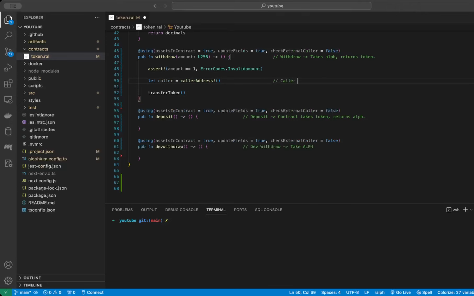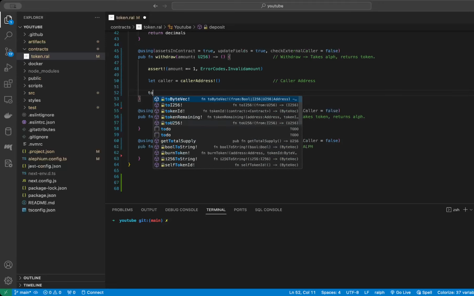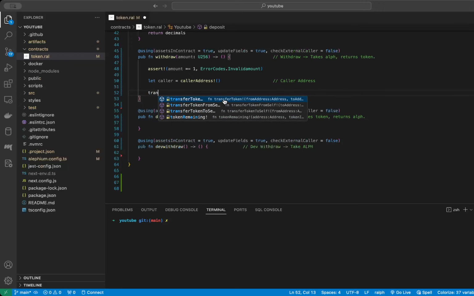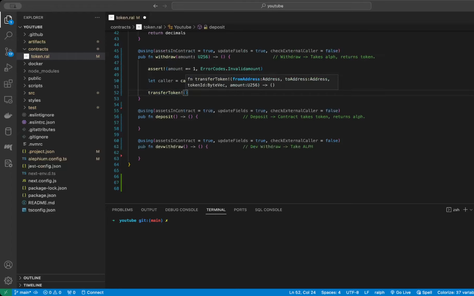So caller address. And looking at the token transfer, we can see that if we click on it, usually it'll show us, actually I think it's transfer token. Yep, it'll show us kind of what the params are that we need. So it's a from address, a to address, the token ID, and then the amount. So for us, it's going to be from the caller